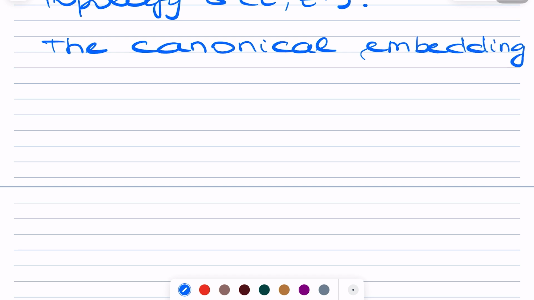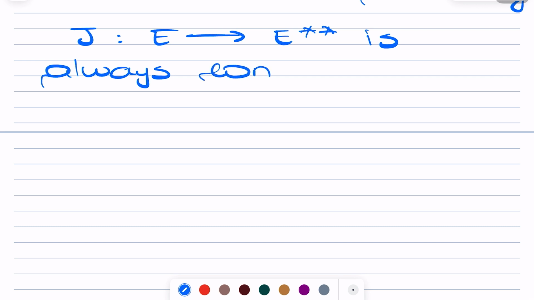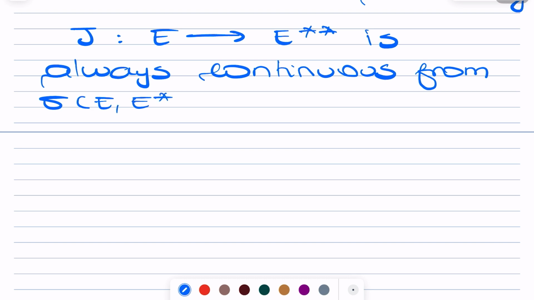Well, the canonical embedding J, defined from E to E star star, you should keep in mind, is always continuous from the weak topology into the topology sigma(E star star, E star), since